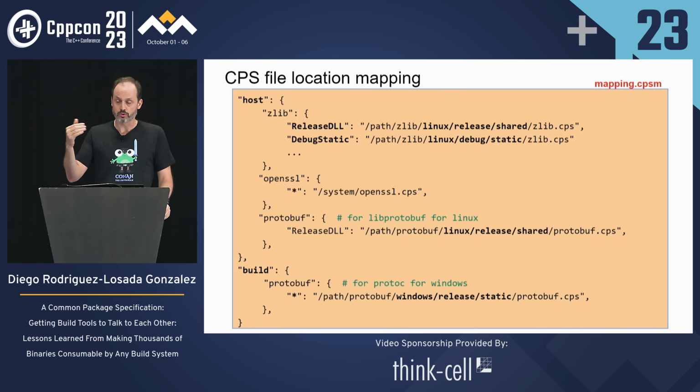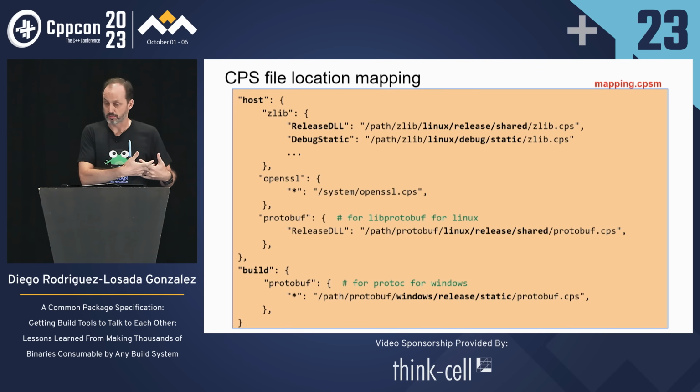Basically, you get the release binaries, you get the debug binaries, you have two CPS files, and you put them together into your build system, and then you can still swap in the IDE from debug to release. You are just not using the binary from one single location. You have one location for the debug and another location for the release. But it's doable. So if I understood you correctly,